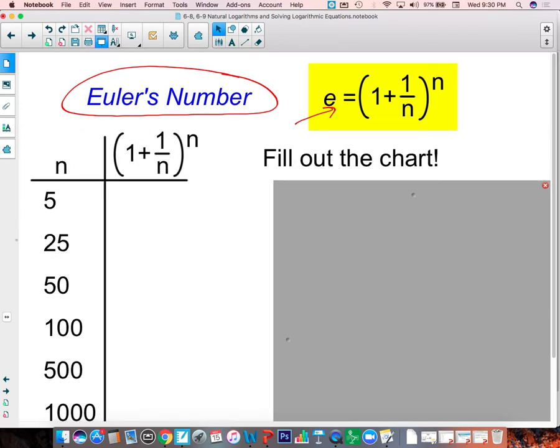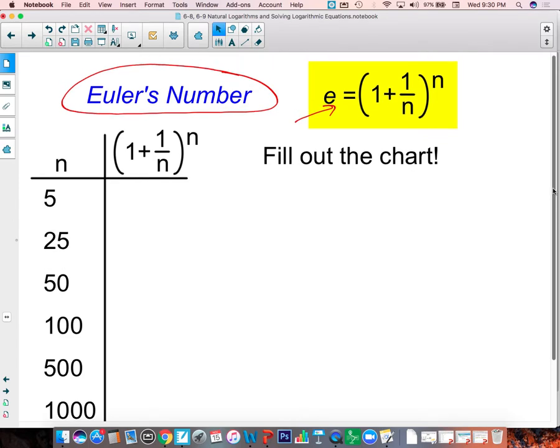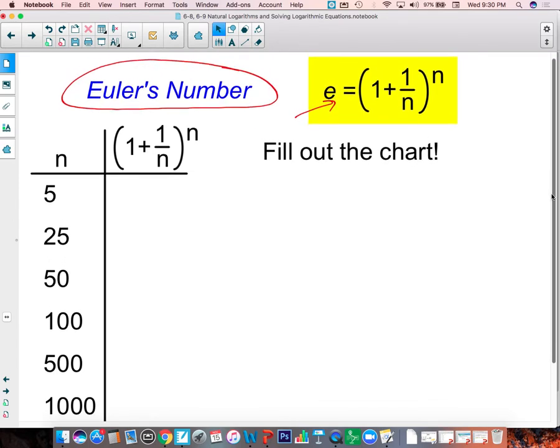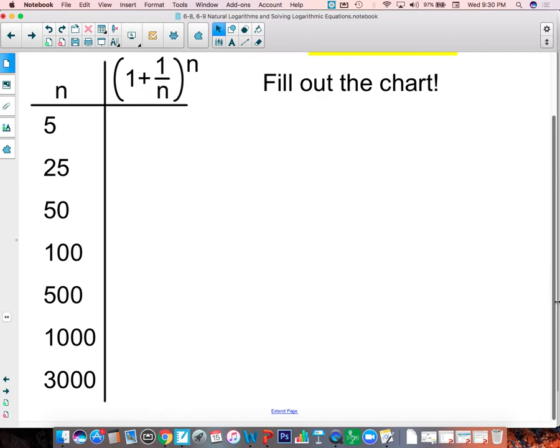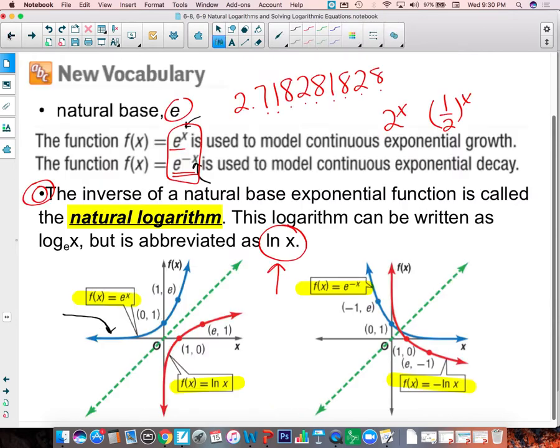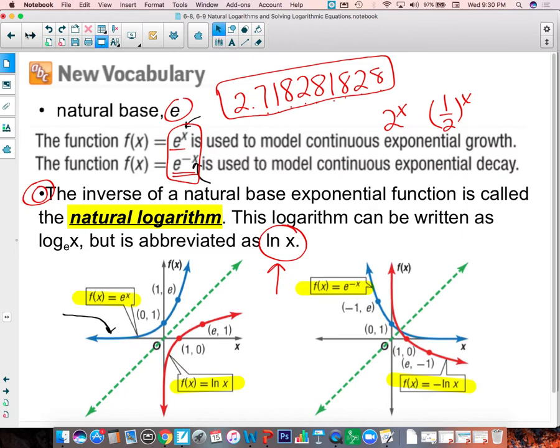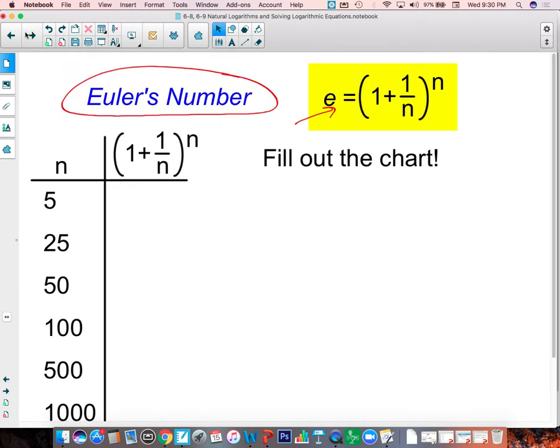It's kind of like an XY chart. And I would plug in each of those numbers. I plug in 5, 25, 50, 100, 500, 1,000, 3,000, and then we'd have to keep going. And then you could eventually see that we would get E to be that decimal. Once we started plugging in larger and larger numbers into that equation on the top. All right? So that's just kind of a fun way to figure out what E is and where it comes from. We're not going to take the time to do it right now, maybe some other day, but we're going to use it in our